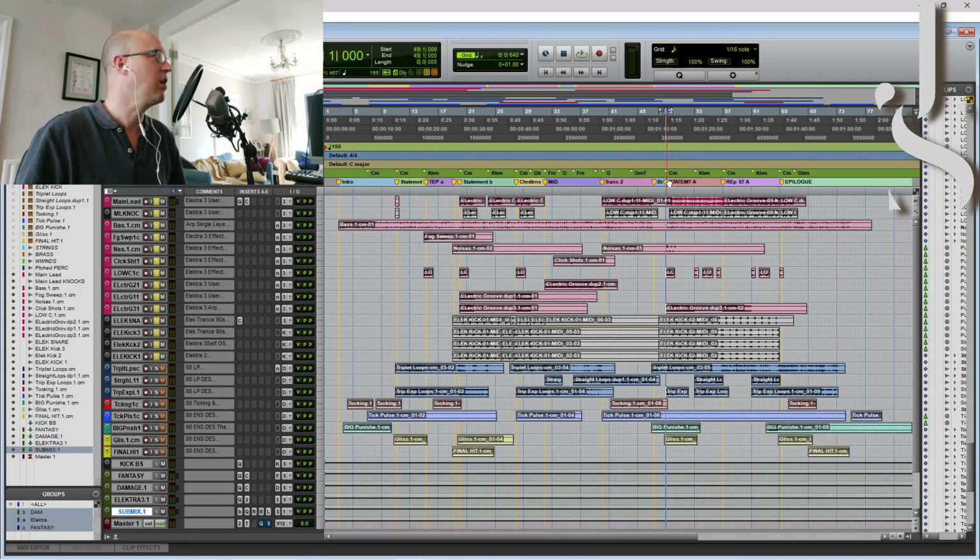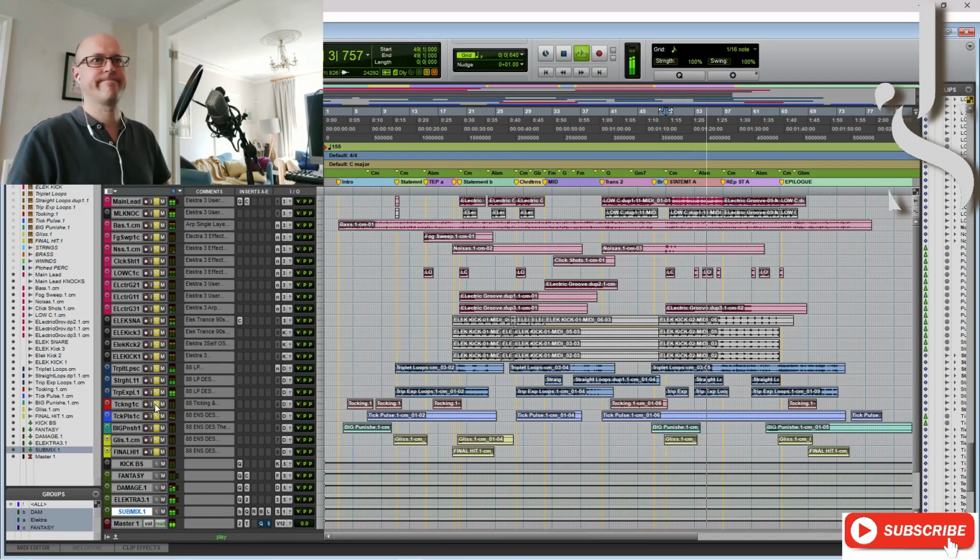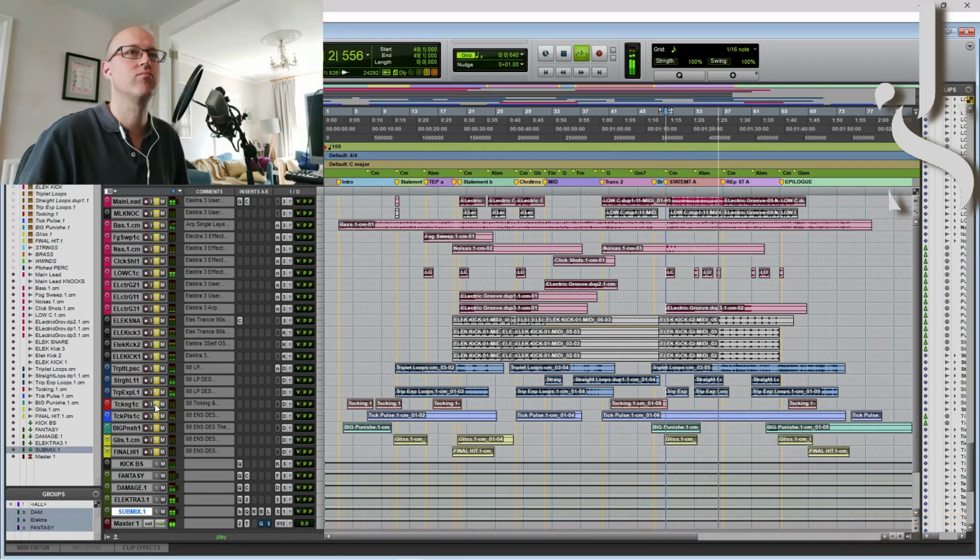Now, I've also put a kick in there from Electra, and this is just Electra. And together with Damage. So it's an angry heroic track. Anyway, what I wanted to do with Fantasy is give it that sort of